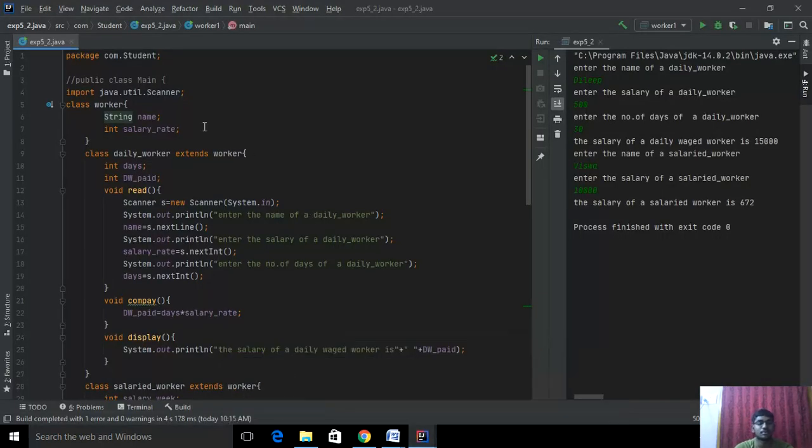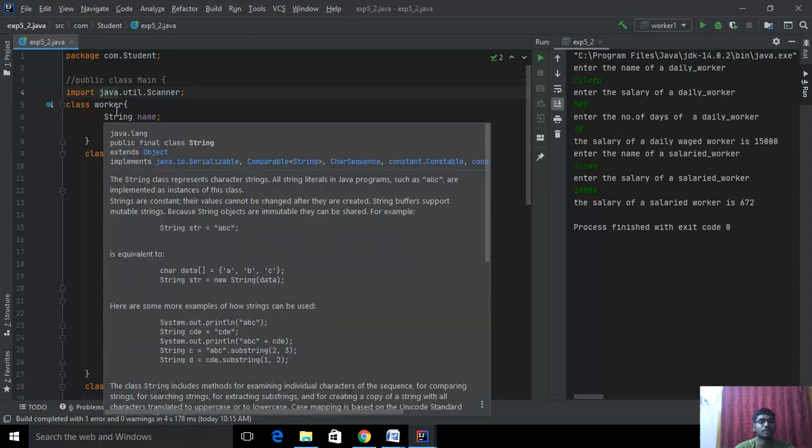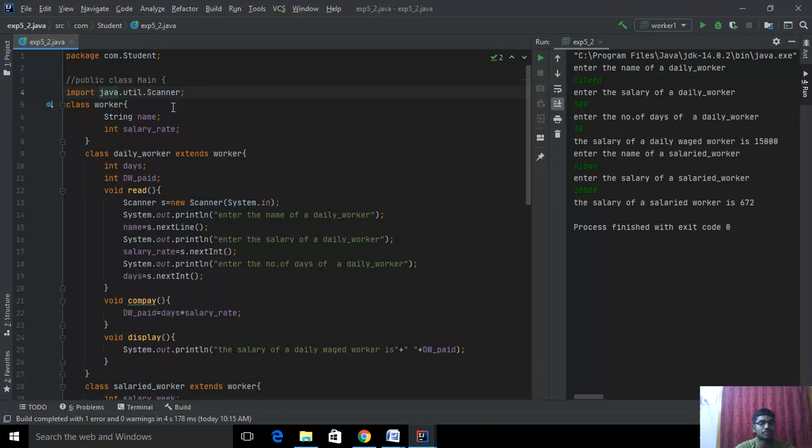Okay, this is the code. We'll start the program. I'll include the Java header files, including import java.util.Scanner. Okay, I'm creating a superclass with the name Worker, with name and salary rate